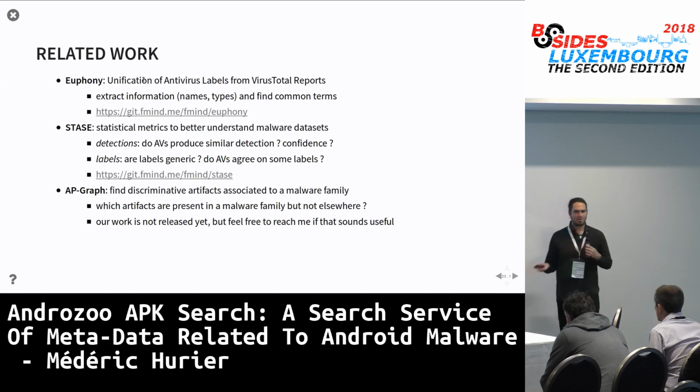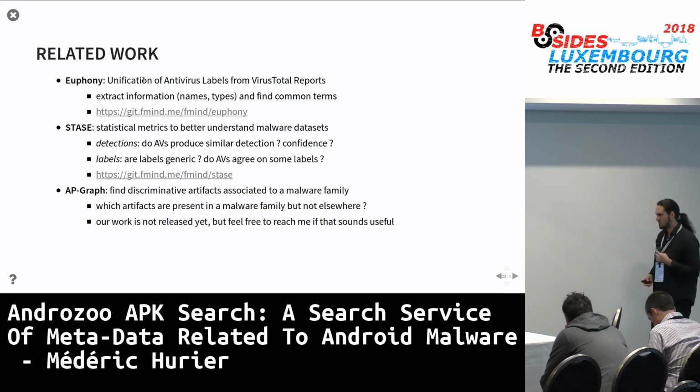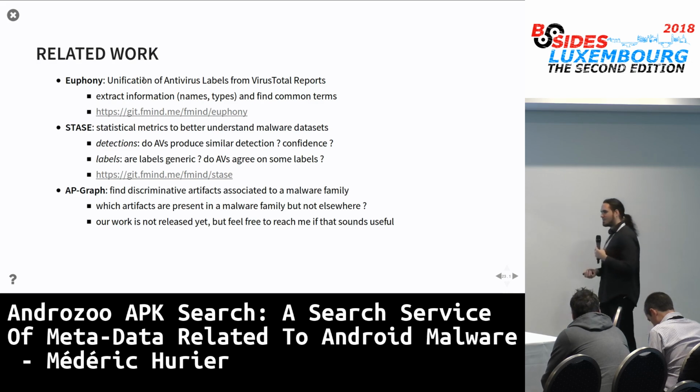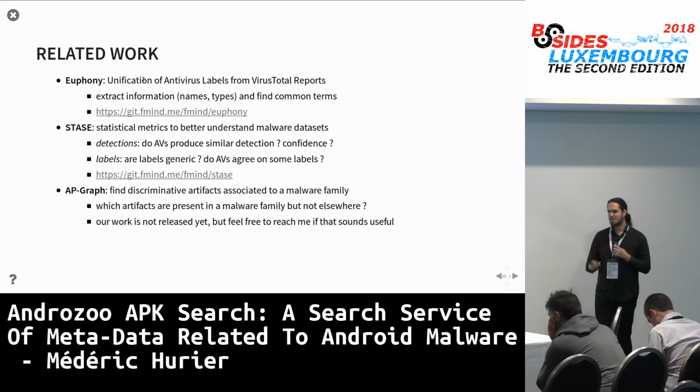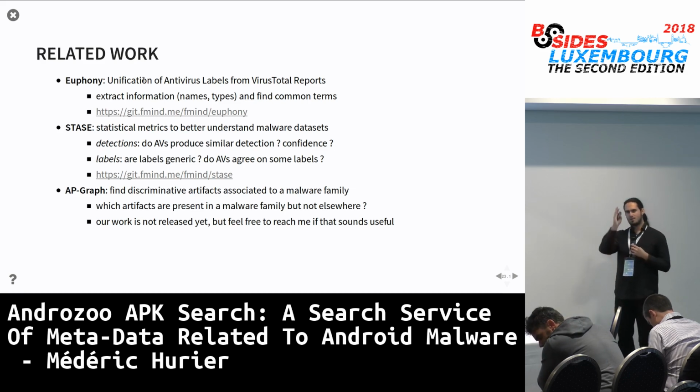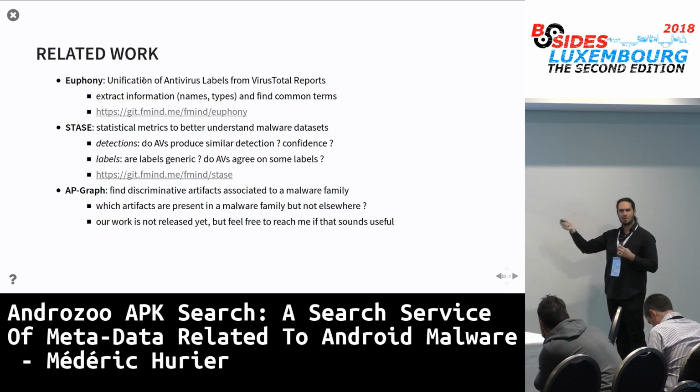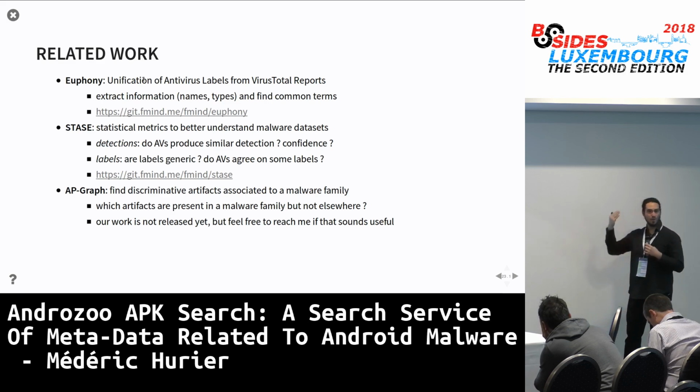I also give you some related work I did in the past, again to try to better understand Android malware. One of my first works was to try to unify the labels of antivirus reports. When you receive something like a VirusTotal report, which contains the labels of many antivirus, they all give a different name, with different syntax and different semantics. The goal of our tool is to say, okay, this malware comes from this family. If there are some common terms, like one says it's called PGApp and the other says it's called ADWU, but they always occur at the same time, we say it's the same application, so we say it's a synonym.